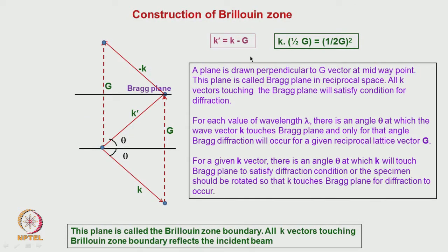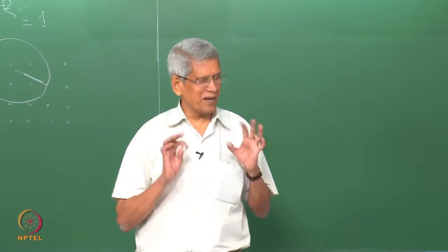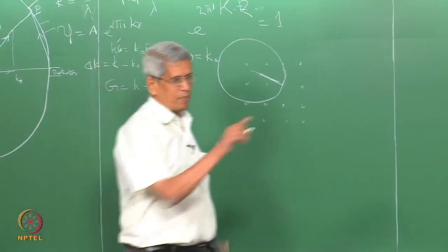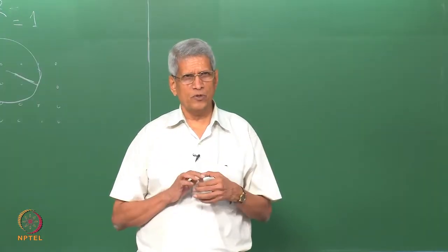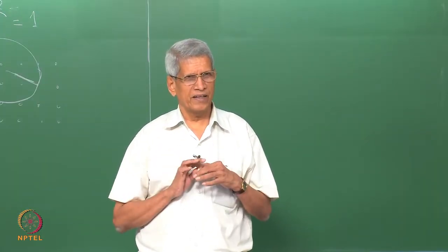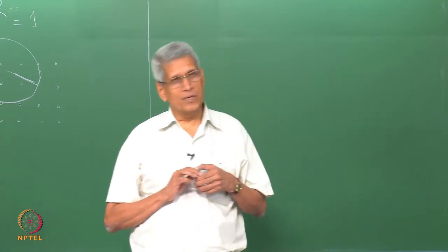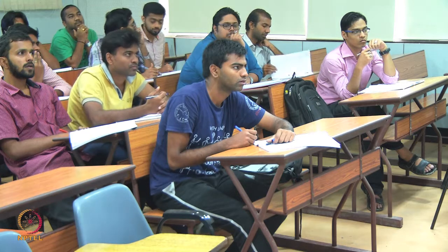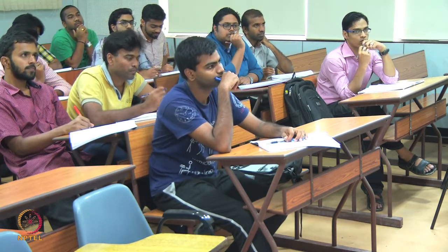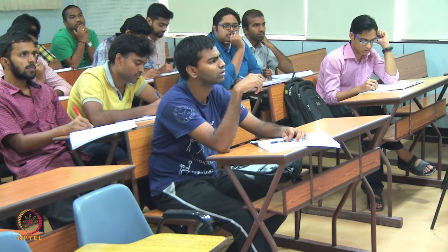Then from the same relationship, another interesting piece of information comes, because this delta k equals g is the crux of the whole diffraction when we look at a vector. Essentially, from this we can get the concept of the Brillouin zone. What is the Brillouin zone concept which you have studied? Do you have an idea? Primitive lattice. Other than that, with respect to a distribution of electrons in a sample, then you have studied.